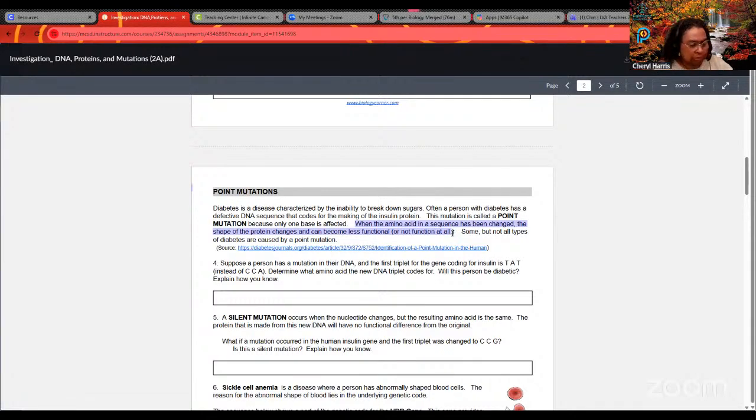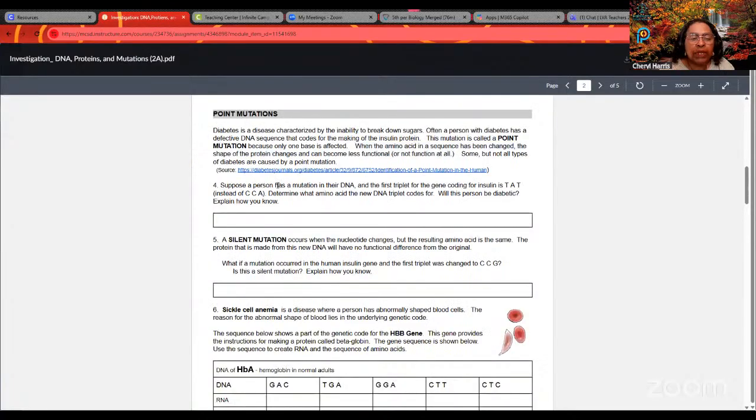Instead of taking it up into your cells, it remains in the blood and you never get energy, because that's what the sugar is supposed to do. Remember, we did carbohydrates. It's supposed to give you energy. So they will have low energy. All right, so we did that and we looked at it.